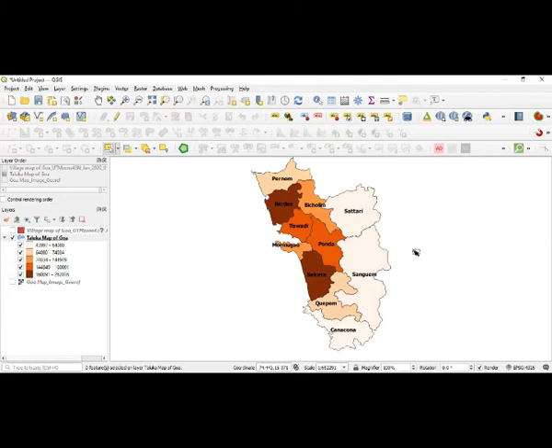Basically, when you are a geographer or any person who is preparing a map, there are going to be some basic components of each map. So what are those basic components? The title of the map is going to be there, and the theme of the map, as well as the year, if the data relates to some specific year.